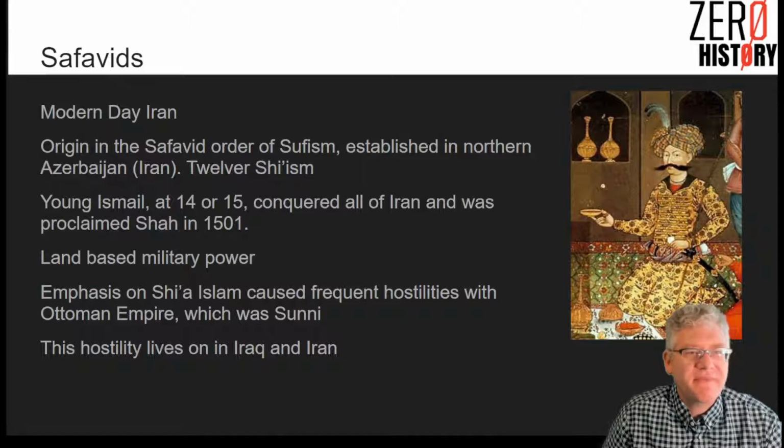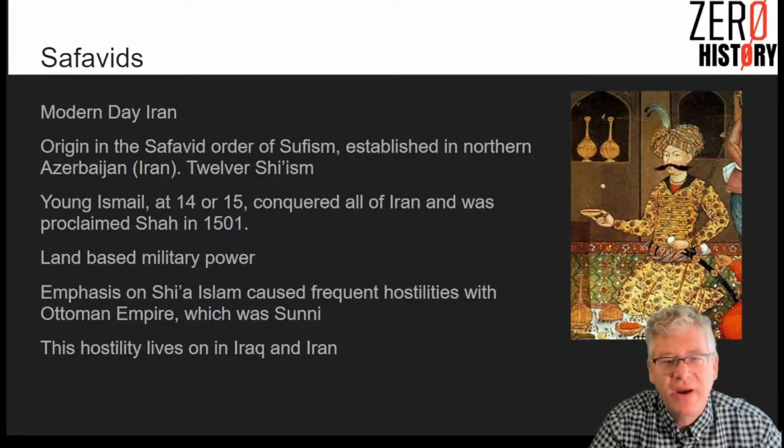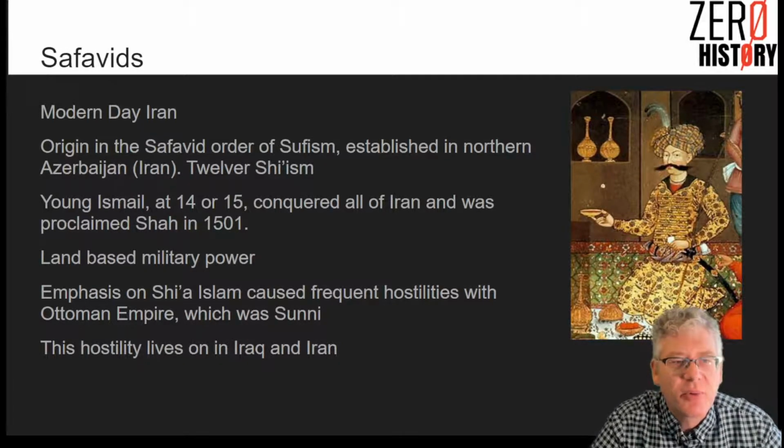Next up, we got the Safavids. So this is probably the one you have never, ever heard of. They're very important, though they don't last very long. So they are in modern-day Iran. Their origin is in the Safavid order of Sufism. That is a Shia